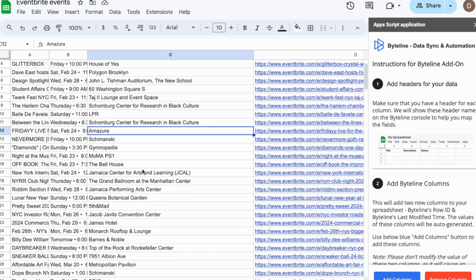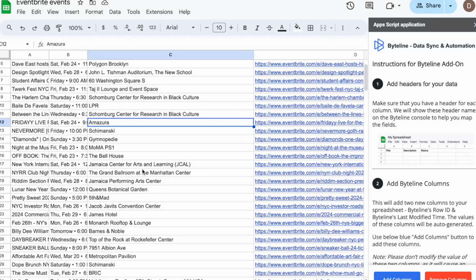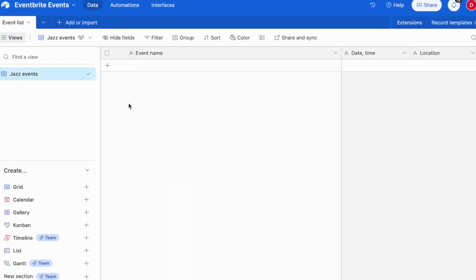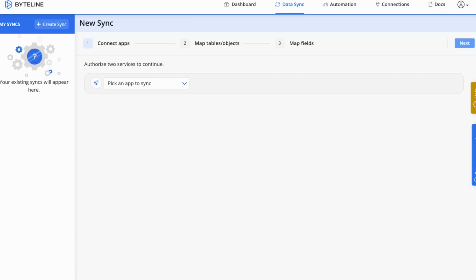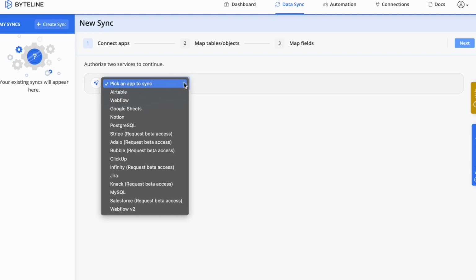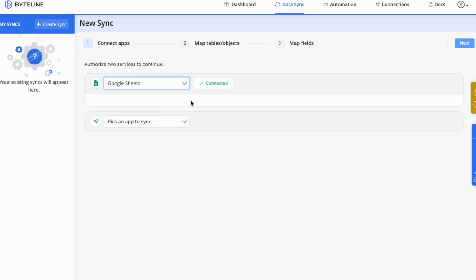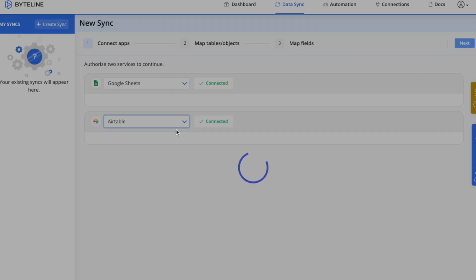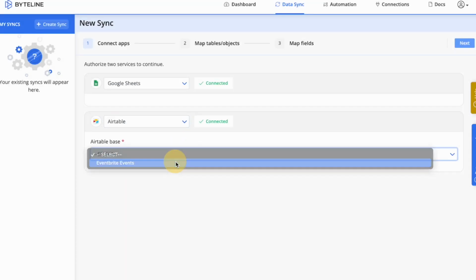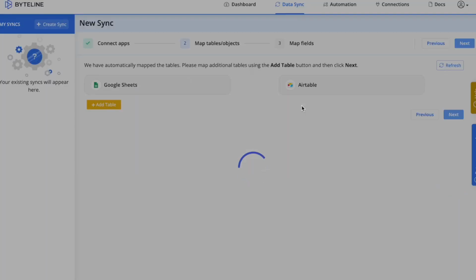Here we have all the events that are already captured, and we want everything revolving around jazz to be filtered into our Airtable base. To configure this, let's go over to our Byteline console, select Google Sheets, Airtable,